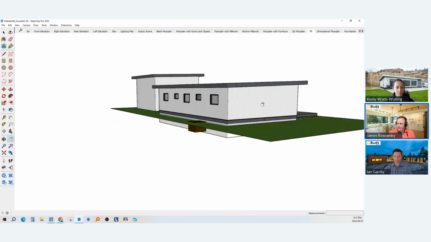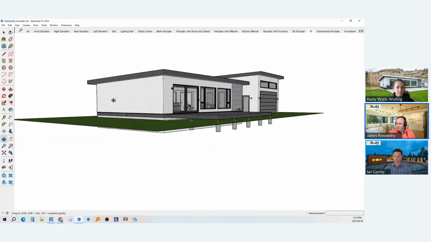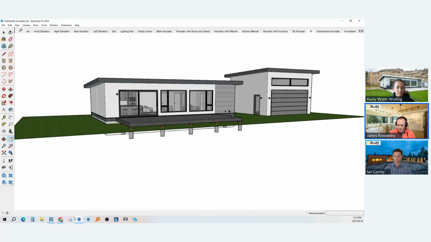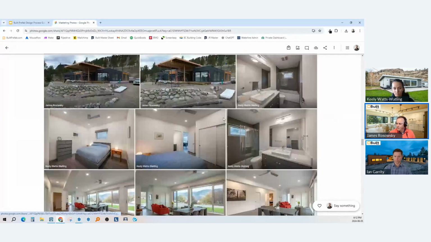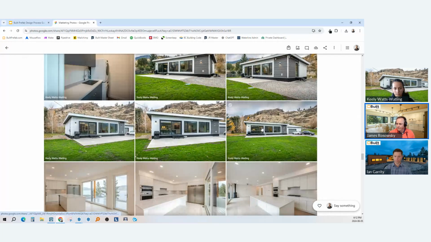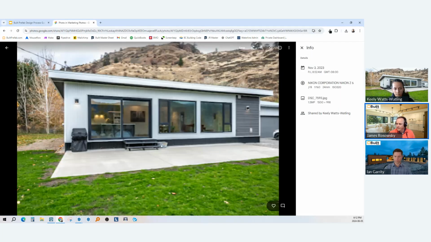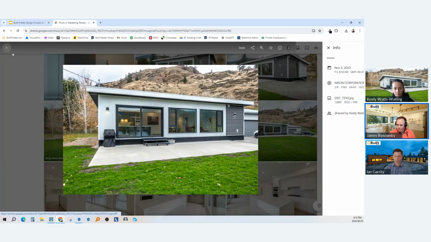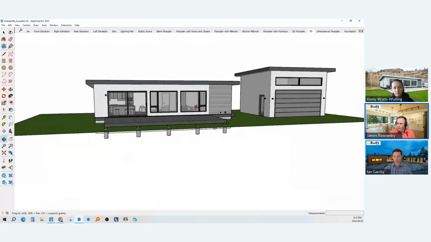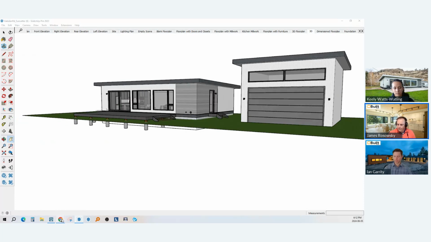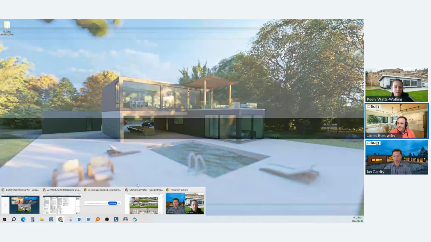And essentially it was built the same way. The garage was built on site, and it was built sort of slightly different than this. But if you were to look at the photos, I mean, that's the house. The customer at the end of the day didn't end up building that deck that you see there, but the house itself was pretty much identical to what we're seeing here. Now, if I go back to this presentation,